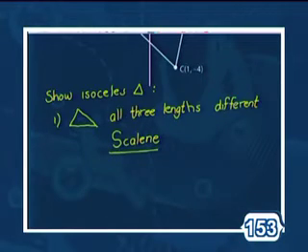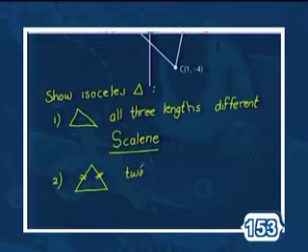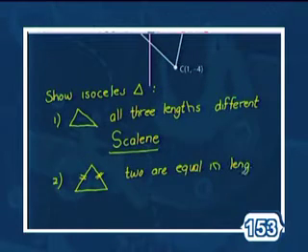Okay, so if all 3 lengths are different, then it's going to be a scalene triangle. Right, now what happens if we actually force not all three to be different, but two of them to be the same. So if two are equal in length, then this is the chap that we need. This is called an isosceles, and I've spelt it incorrectly, isosceles